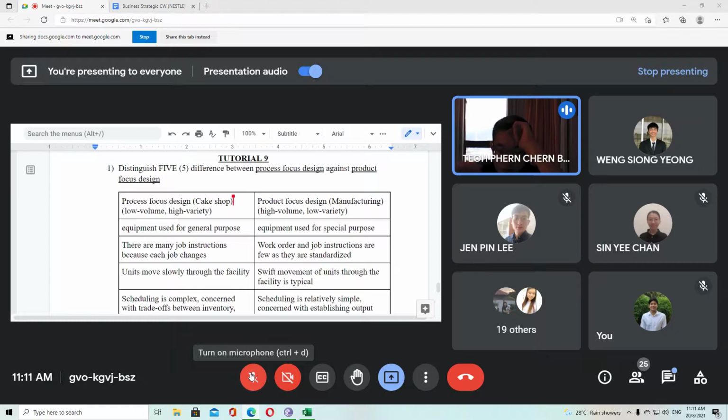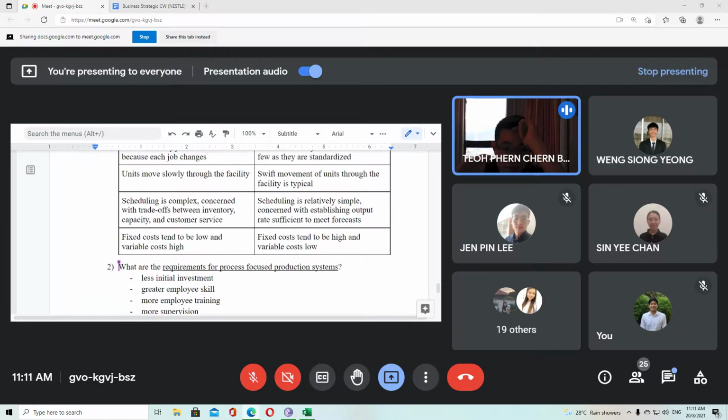Because how long it takes to make a MacBook is standard. Cannot change one. And then the fifth one is fixed costs. Fixed cost in process focus is lower because you buy general purpose equipment. But in manufacturing firms, fixed cost is high because you buy specialized equipment, which is more expensive. Your machines are very specialized. Okay, let's go on to